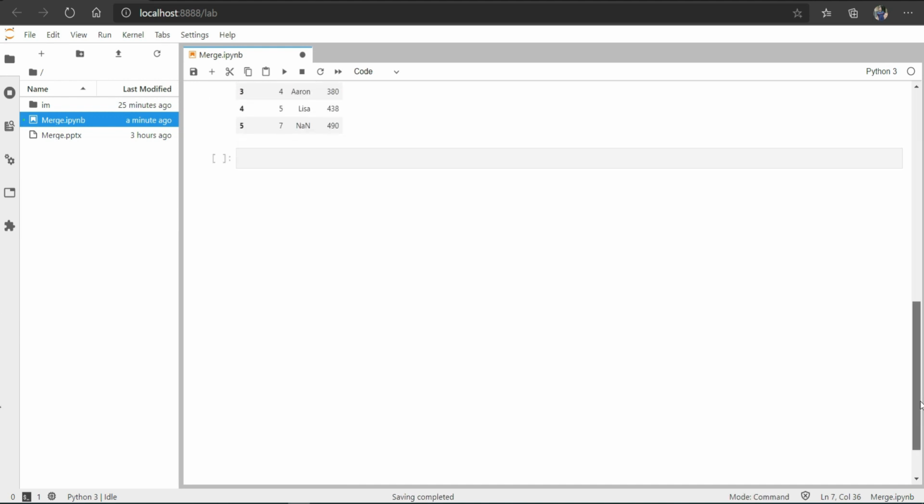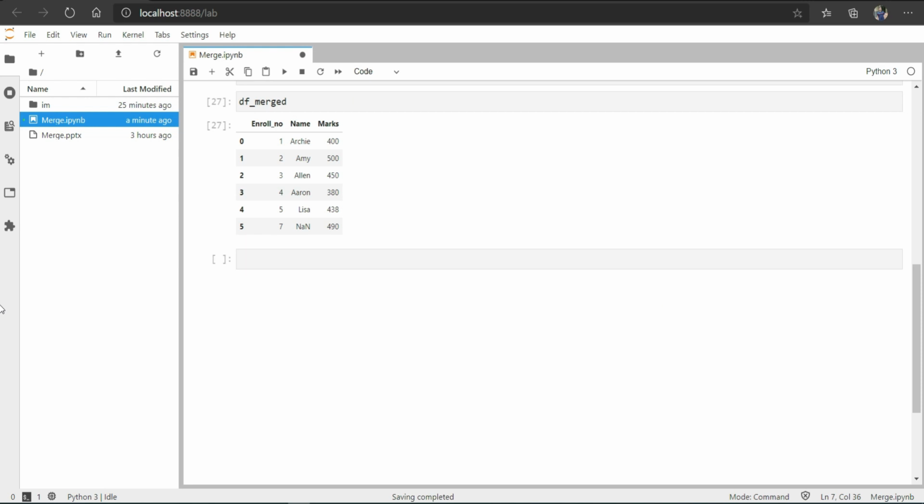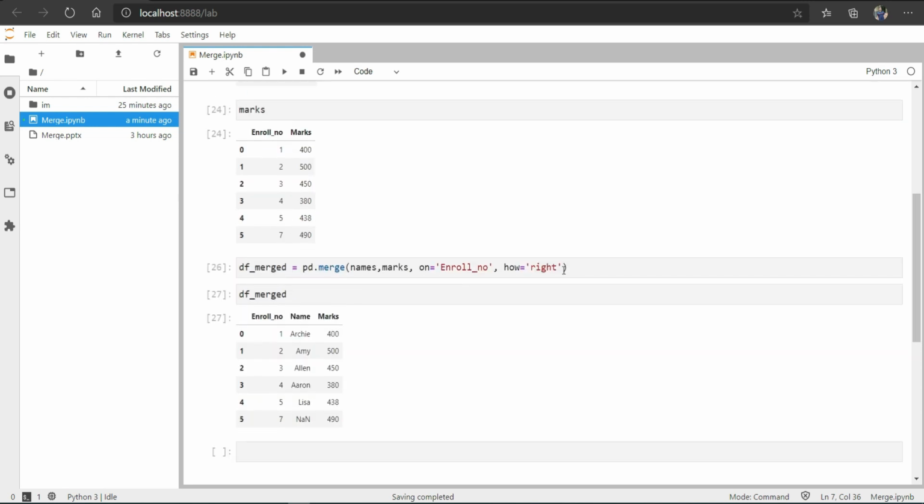Now there is one more type of join or merge. What is that? Let me show you. That is basically your outer join. Let me type here outer, and as I told you earlier, outer provides the matching records from both the tables as well as unique records from both the tables. So basically we should get every unique record. In this scenario, we should get Donald and also the record ID 7, which we have only in the right table.